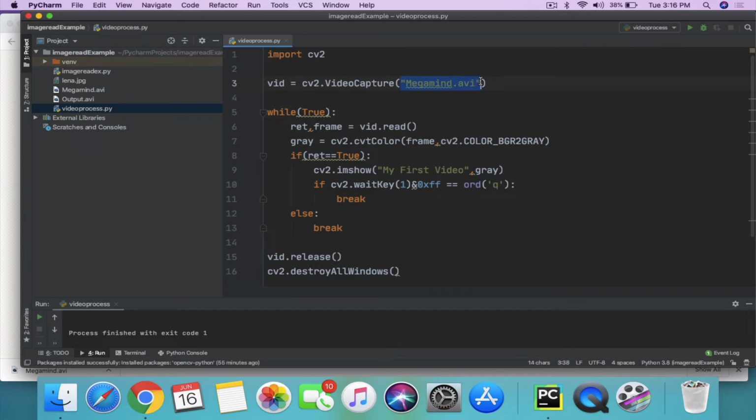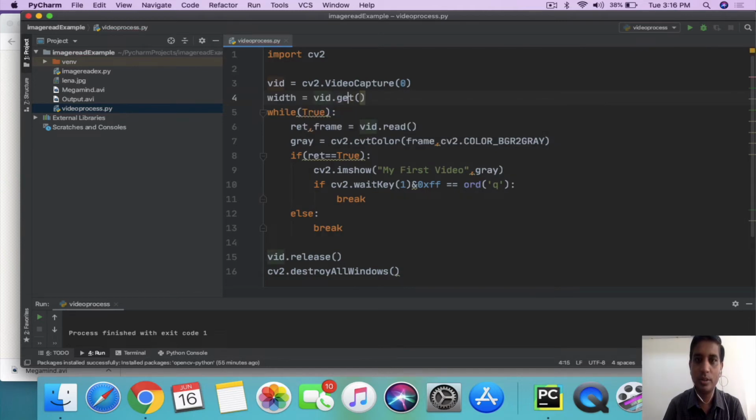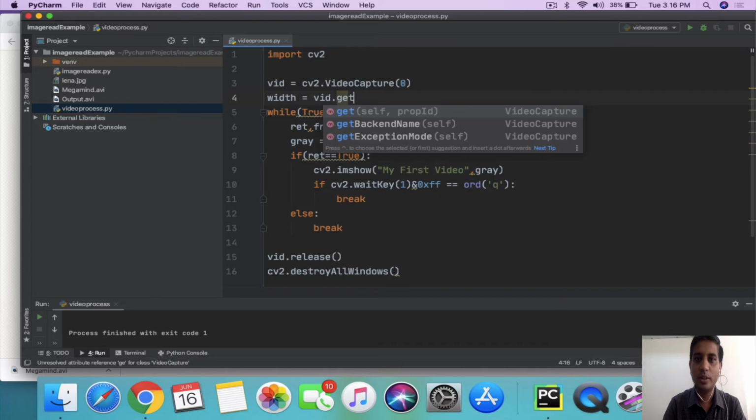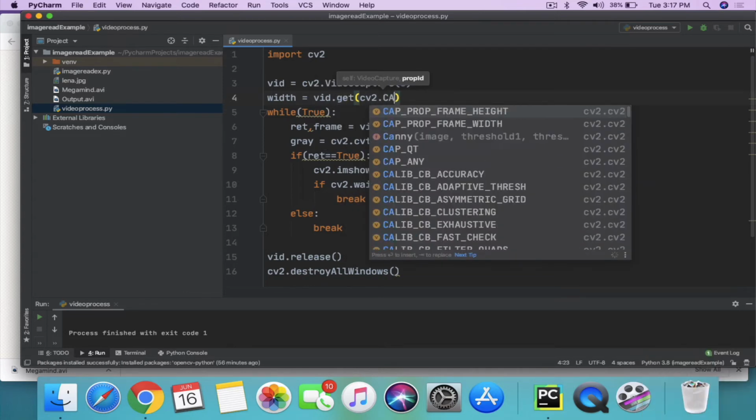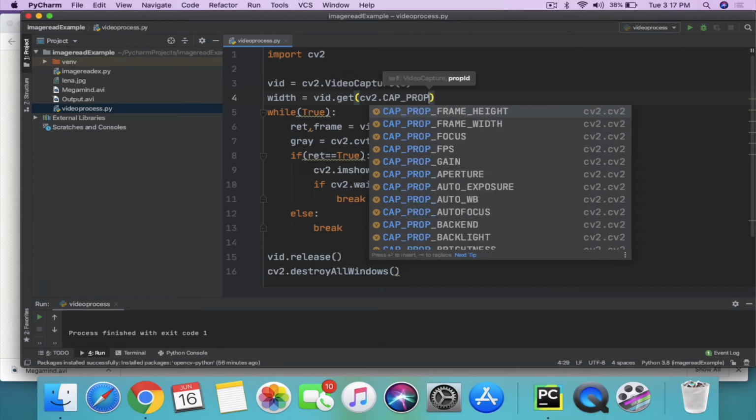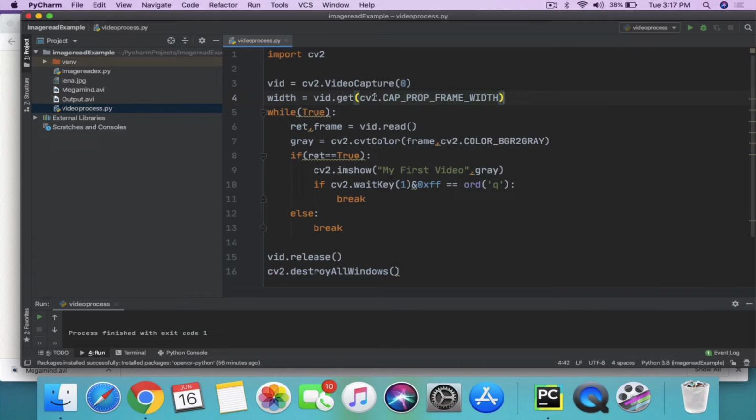For capturing video I am using VideoCapture(0), and here I write vid.get, and then cv2.CAP_PROP_FRAME_WIDTH. This is the property that I want to get.